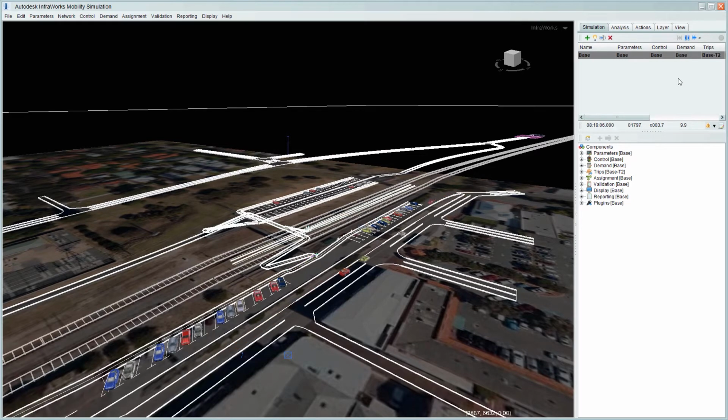So you may have seen this example earlier in the course where we have people arriving in cars, parking up and walking around, walking to the platform, and then being picked up by a scheduled train service. So I thought we would look at trying to reproduce something much similar to this, but on similar lines.